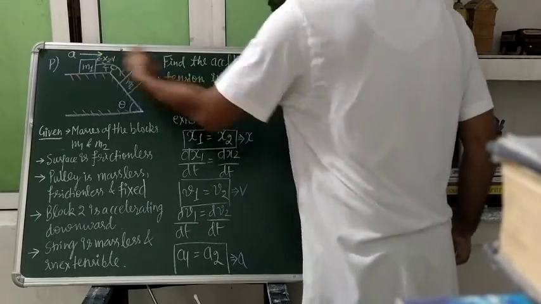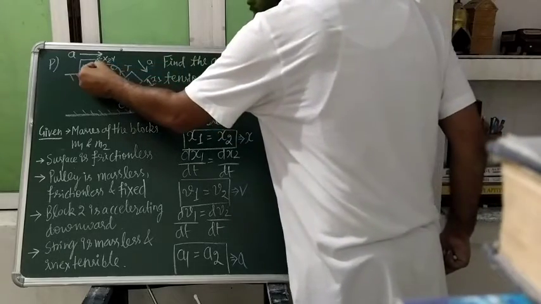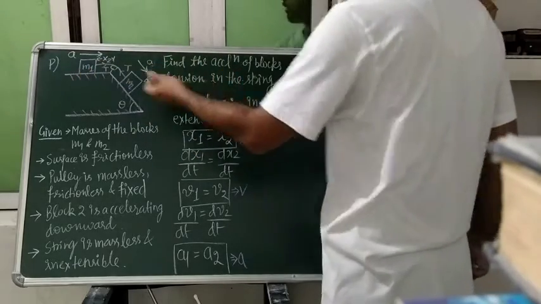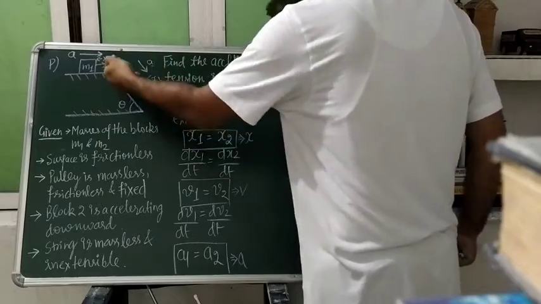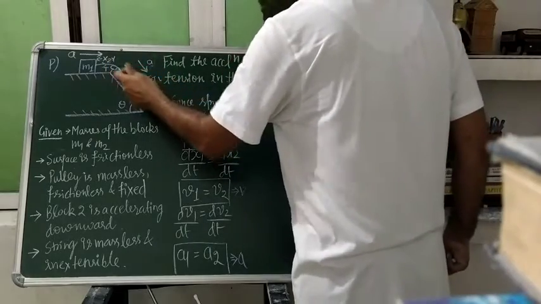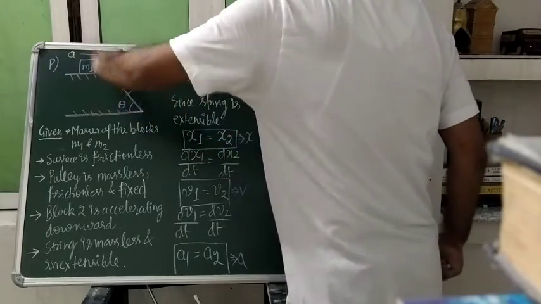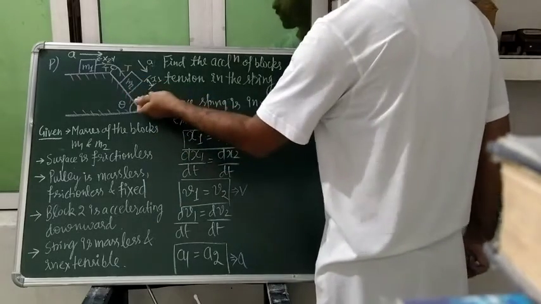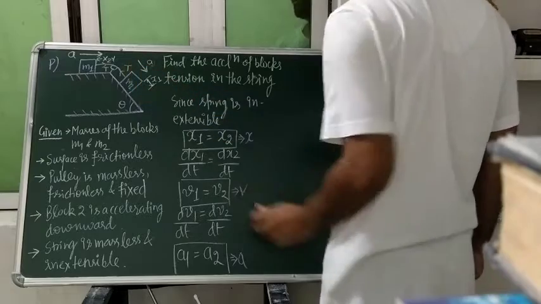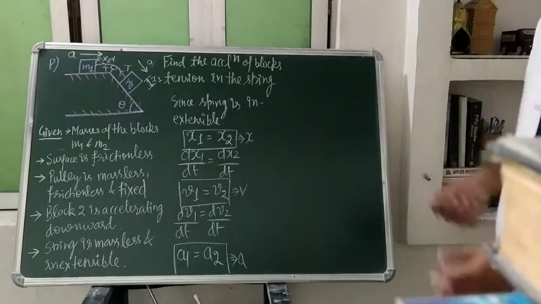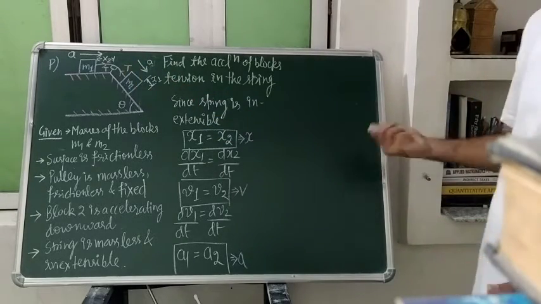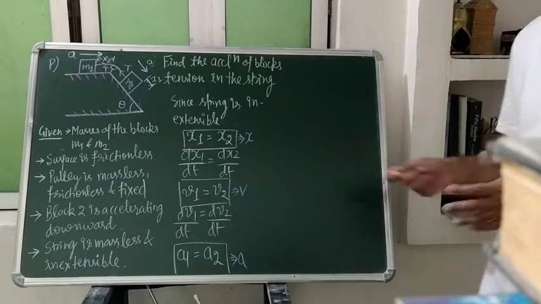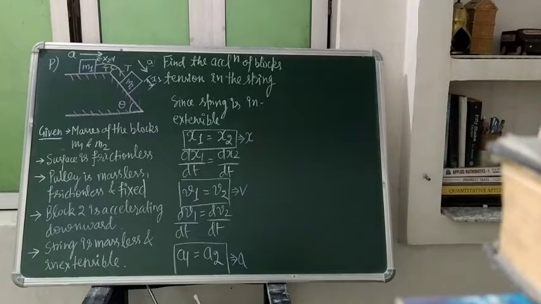It will have a pulling effect on mass M1, along this string. Where is the string? Here. Don't think that no tension will come here because no string is present; no one should think like that. So keep these things in your mind. You can write up to here and understand what I want to say.